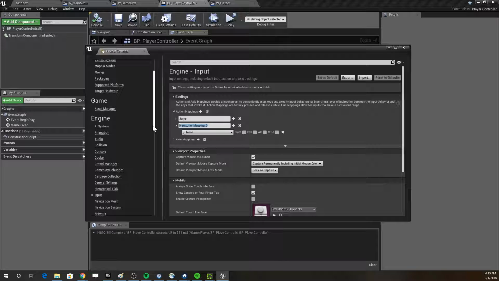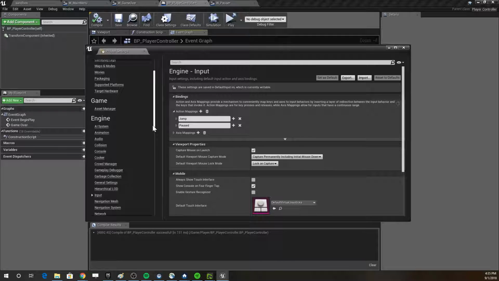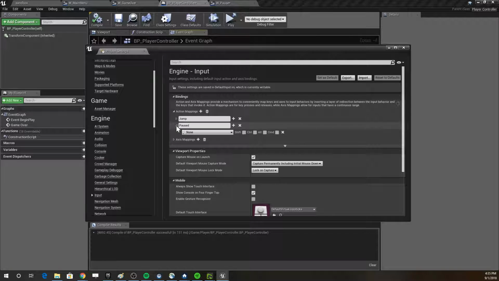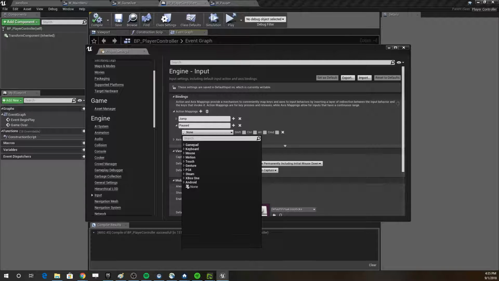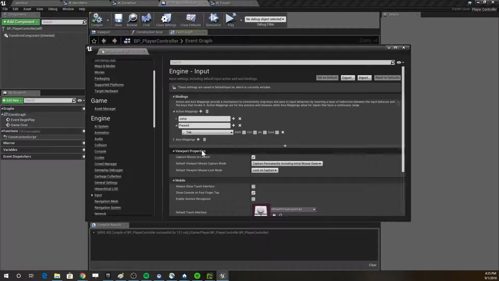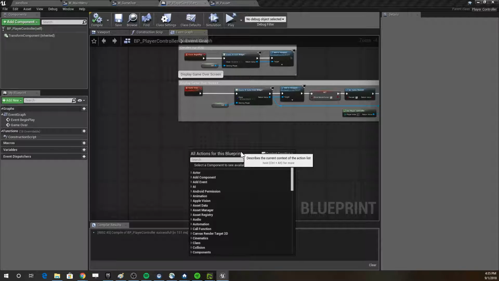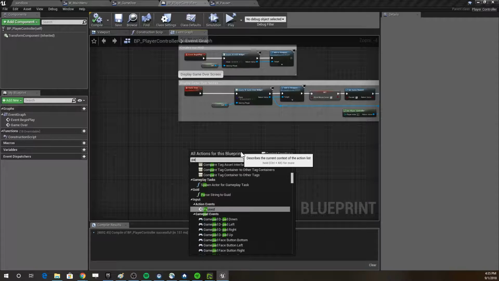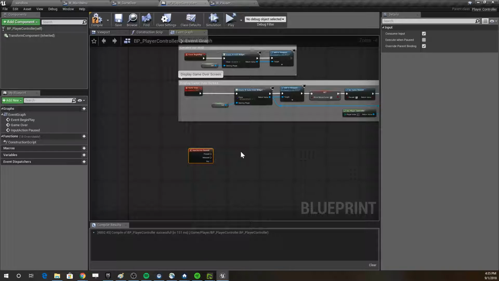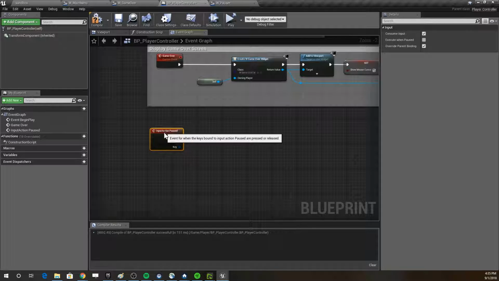Because you never know what type of, we don't want to have an actual key on the keyboard because some of you are going to be building your stuff for controllers or consoles or whatever you want, or mobile phones, and so they don't have keyboards. But they'll definitely have a paused action. So for now, I think pause should just be the tab key on our keyboard, right? So that's good. And then we can right click here in our player controller and we can just type paused, and that's going to be the action. So when that's pressed,